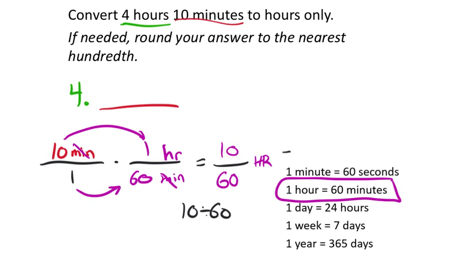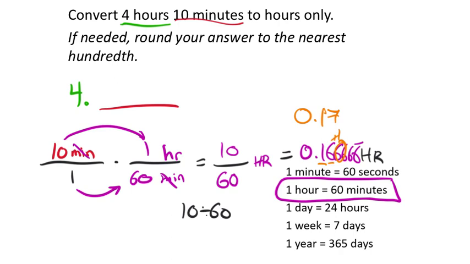It's going to show, again, this is how many hours just the 10 minutes is. It doesn't include the 4 hours. My calculator showed me 0.166, and then there's just a bunch of sixes there, okay? So that's 6 repeating. It does say to round to the nearest hundredth. So if that's the case, then I would look to the tenths, hundredths there. 1 to the right is that 6. So I would need to add 1 to the 6 in the hundredths place value and make this